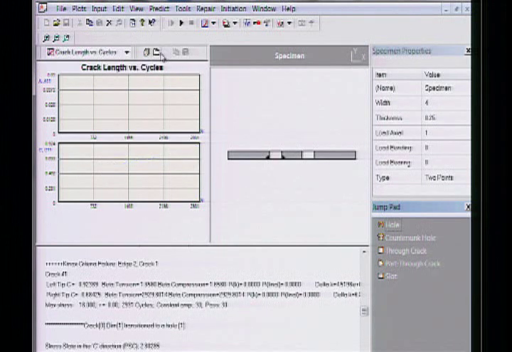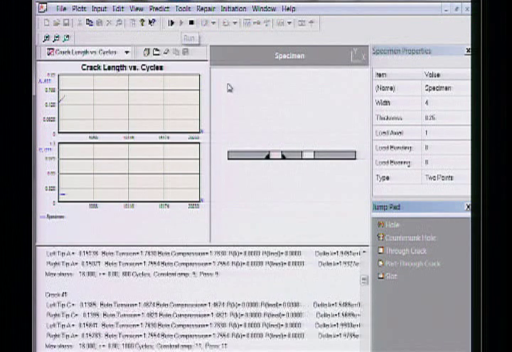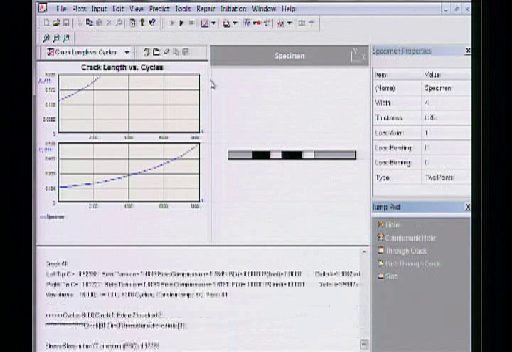I'll erase this. It takes a minute because it has to load the solution, and now it's going. And it gives you the A and the C. In this case, it's A11 and C11. I could easily have plotted the second tip, whichever one I wanted to plot. Which crack is that? 1 is going to be the leftmost one, and 2 will be this one. I can go in here,